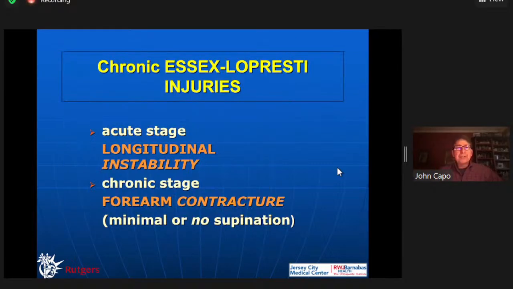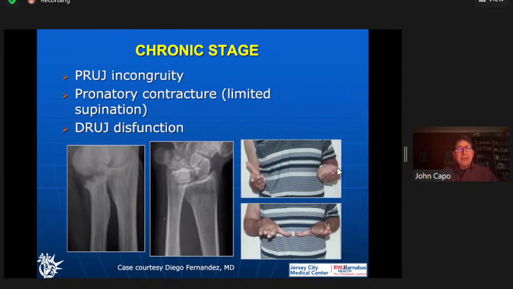A little more complex. So chronic. We want to address these things acutely so we don't get chronic cases. So chronic Essex Lopresti injury is a difficult case, and one of my old mentors, Diego Fernandez, shared these slides with me. So acute stage is longitudinal instability. Chronic stage is you get a contracture because you can't supinate for many years. So what happens? So again, PRUJ incongruity